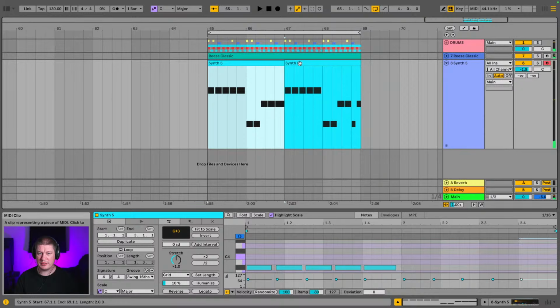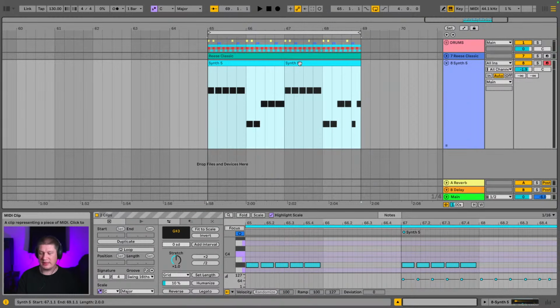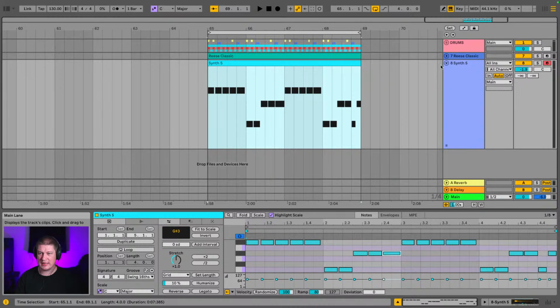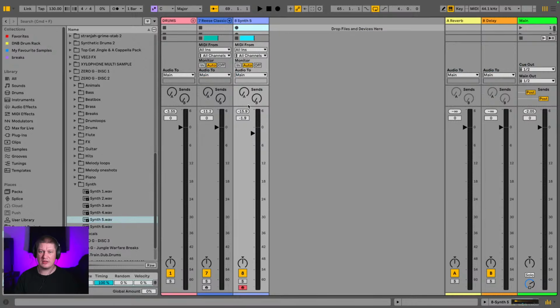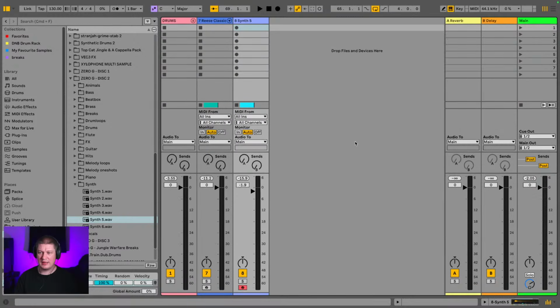Right, I'm going to join them two together. Just click the first one, hold down shift, click the second one, command and J joins it all together. And before I go any further, I want to set up a reverb on